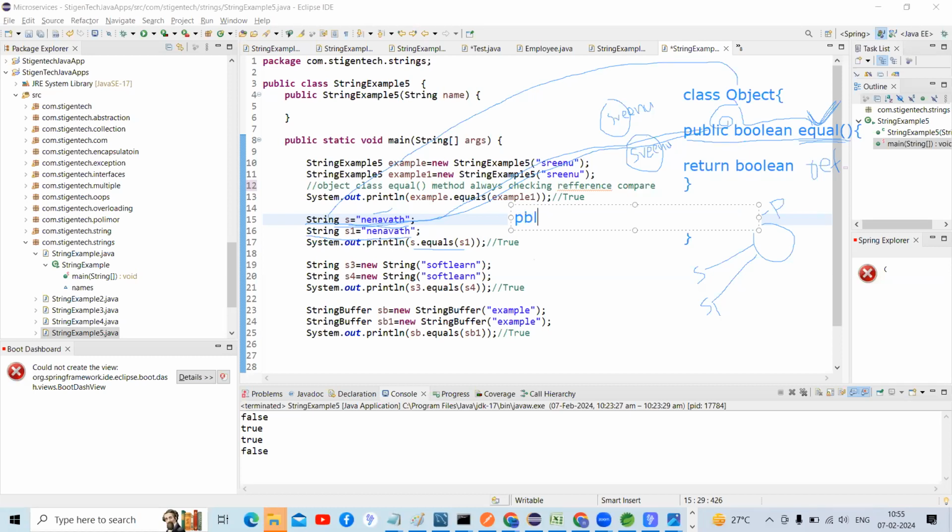public class String. This is the String, right, guys? So this extends from where, guys? It extends from Object. When it extends from that Object class, at that moment which method will be overridden, guys? Here,